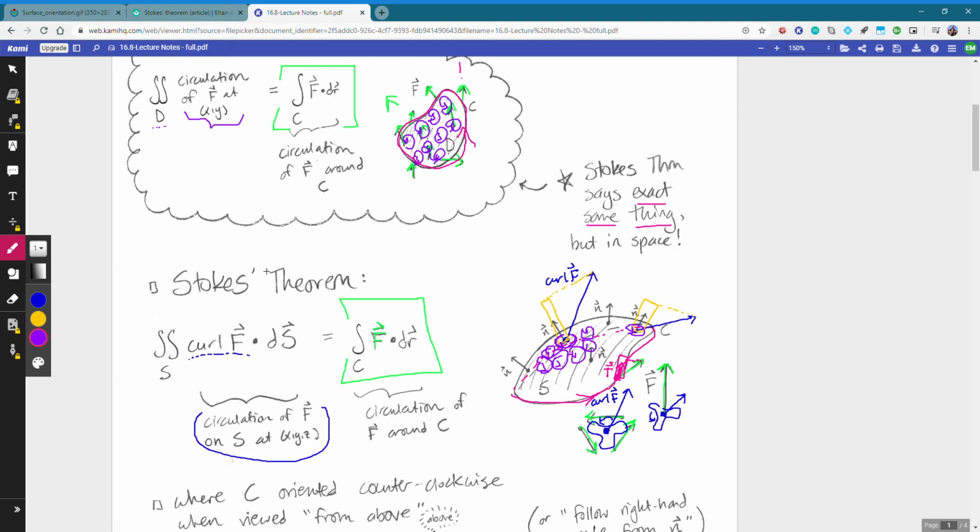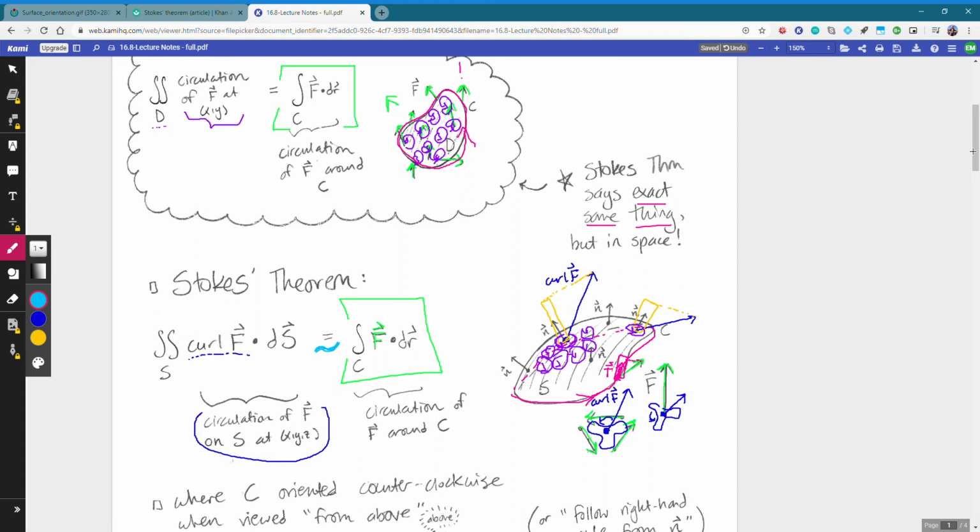What I mean is on the left-hand side, for this surface integral, we need a normal direction chosen on our surface, and over on the right-hand side, for this line integral, we need a direction of parametrization chosen for our curve. In order to get this equation from Stokes' theorem to work out, these need to be chosen in harmony with